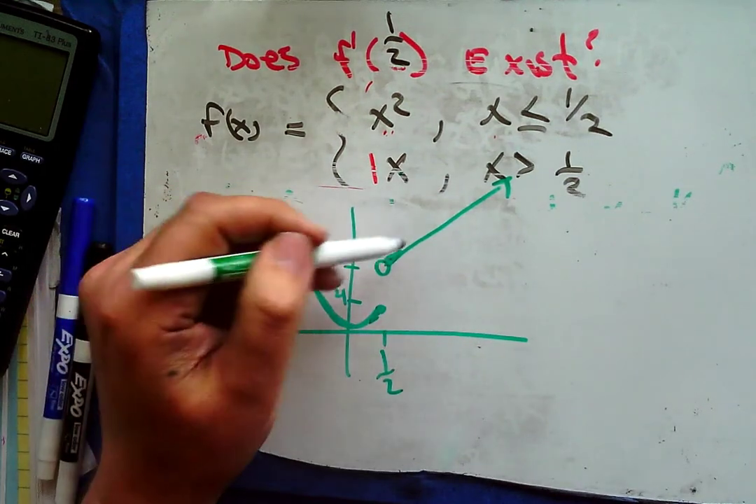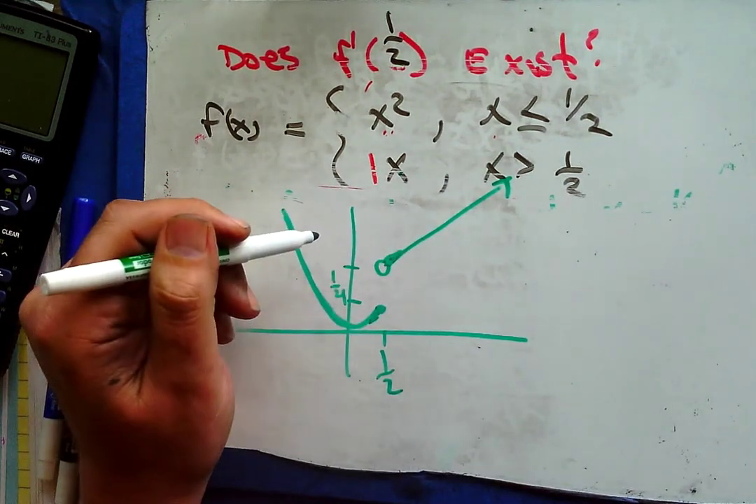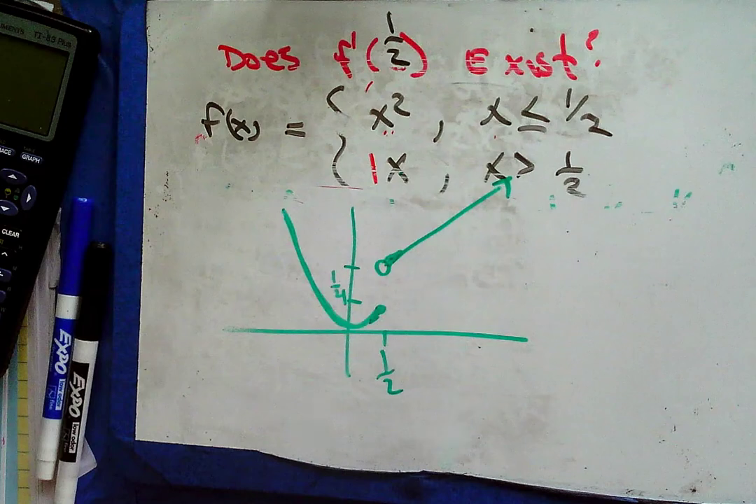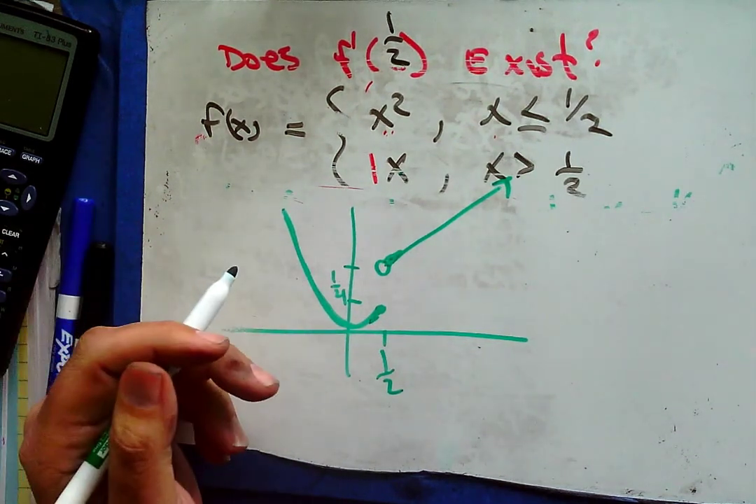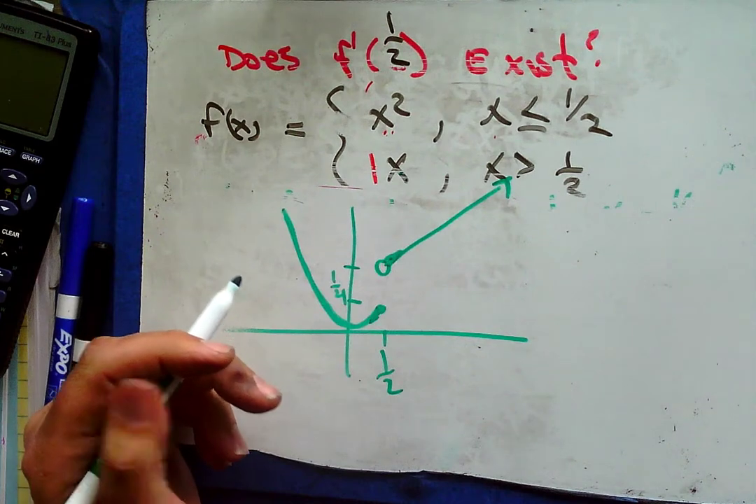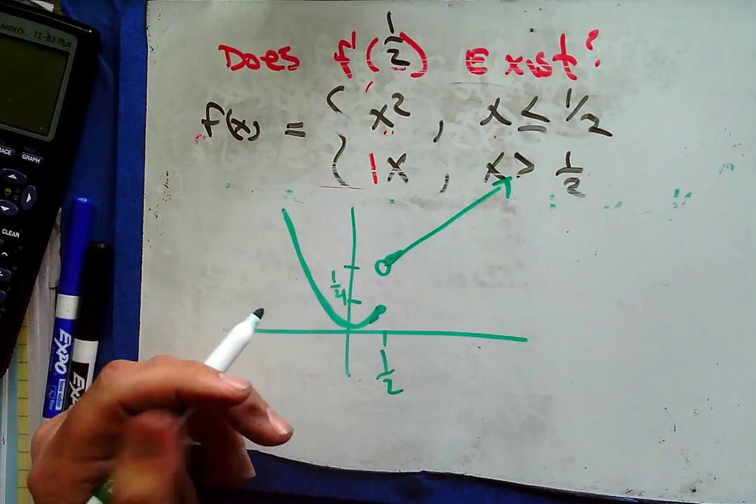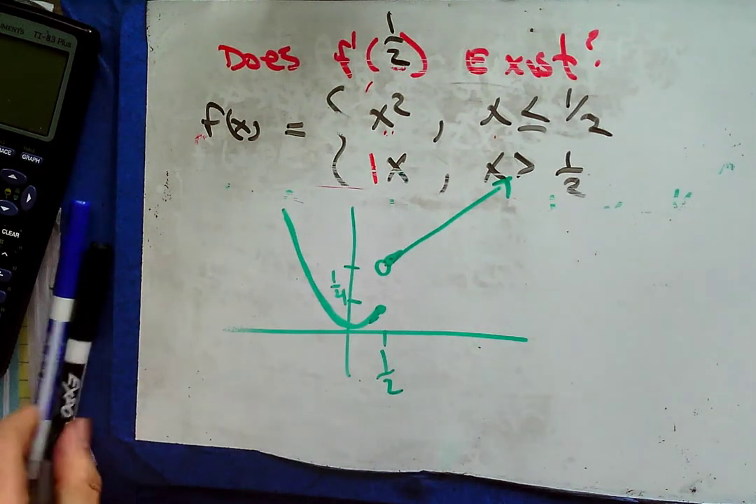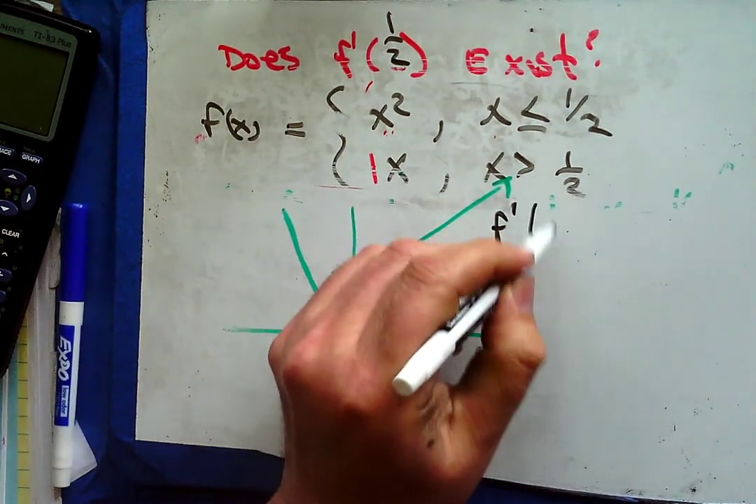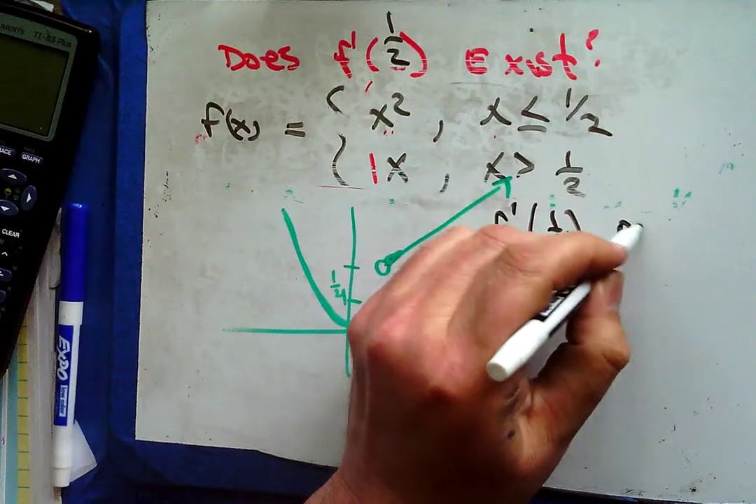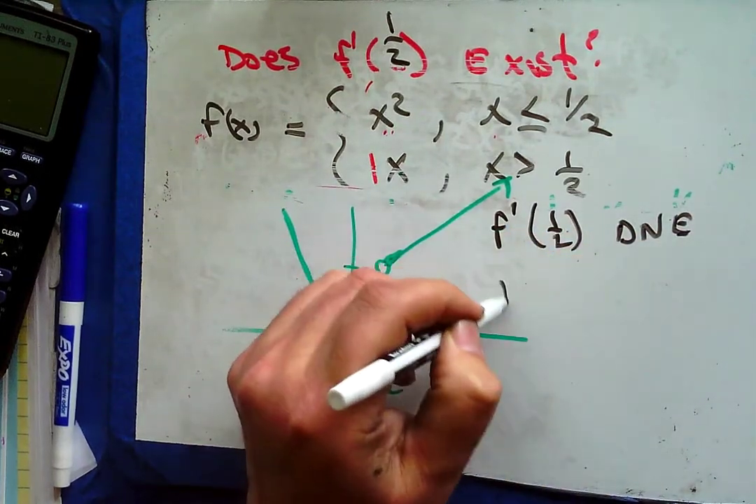But even though the limit of the slopes is the same coming from both sides, since the function is not continuous, we say the derivative doesn't exist. There can be no f prime of 1/2 here. And so this is what I would write, and this is what you'll need to write in the next test. F prime of 1/2 does not exist because